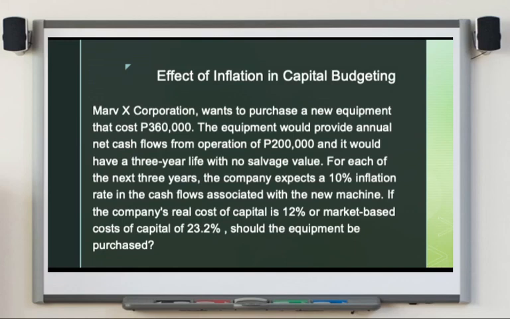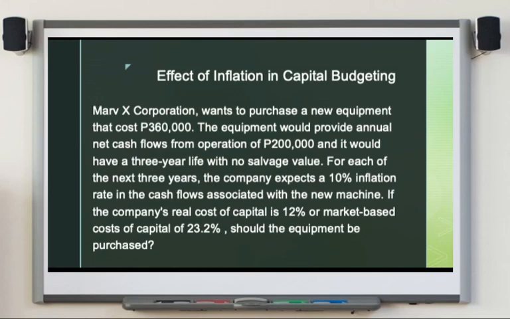Okay, so let us learn this by applying it to a situation. Marv X Corporation wants to purchase a new equipment that costs 360,000. The equipment would provide annual net cash flow from operation of 200,000, and it would have a 3-year life with no salvage value. For each of the next 3 years, the company expects a 10% inflation rate